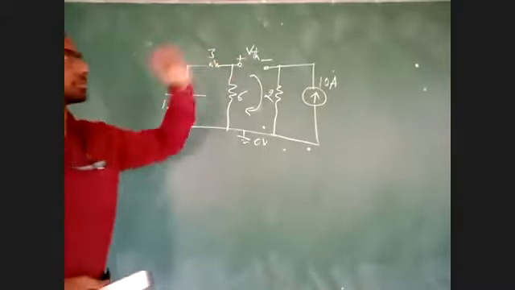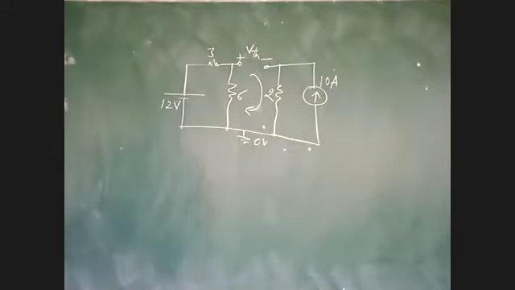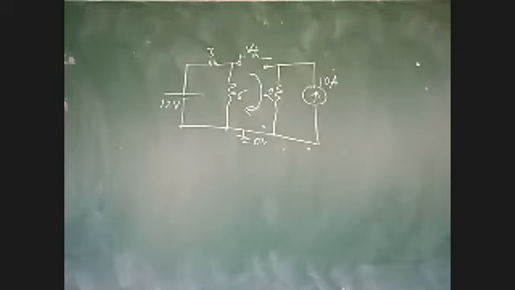Now if you want to get VTH, what do you have to do? In the direction of current, take plus and minus. No, that is the reference direction. That is not the current direction, because current is 0 in that loop. Now, if you want VTH,